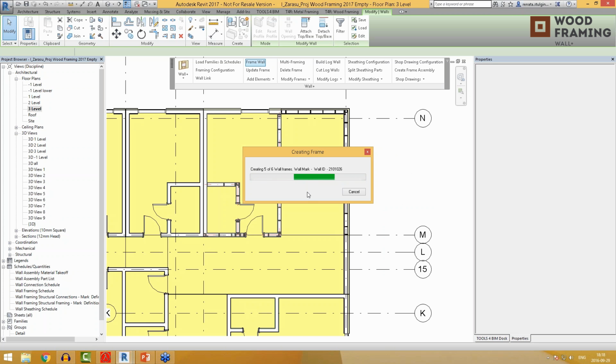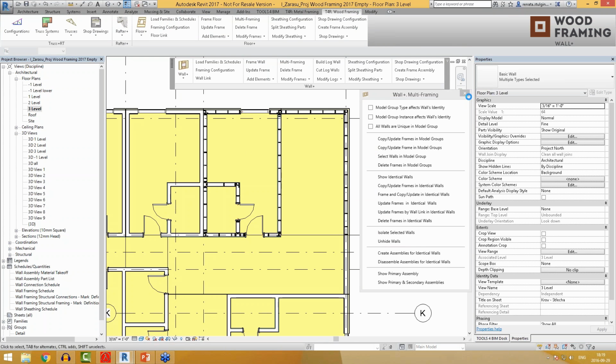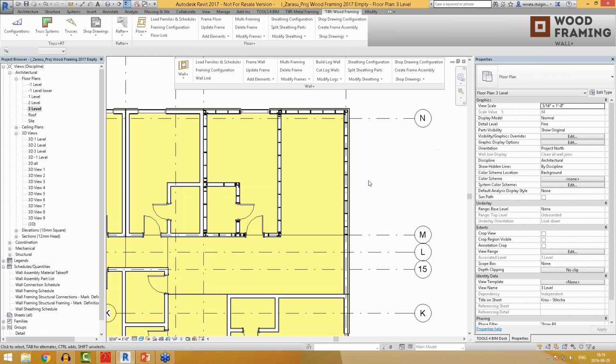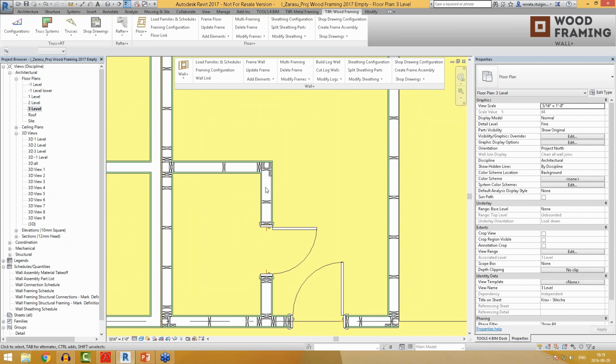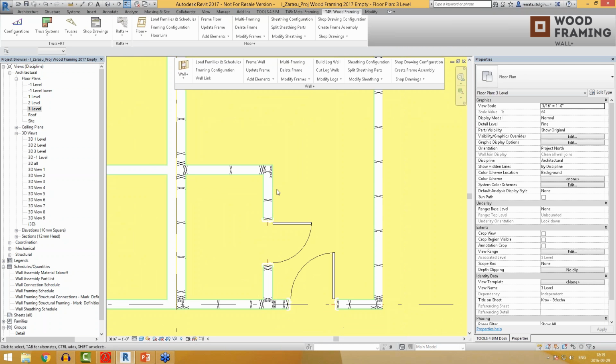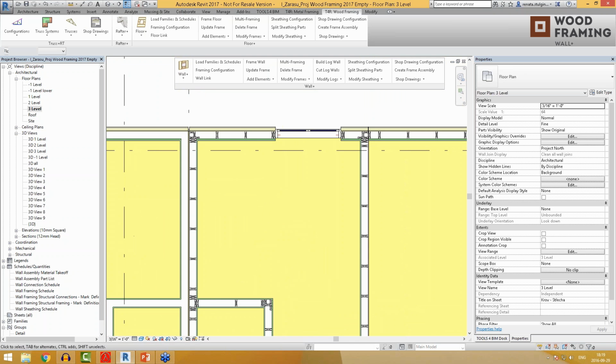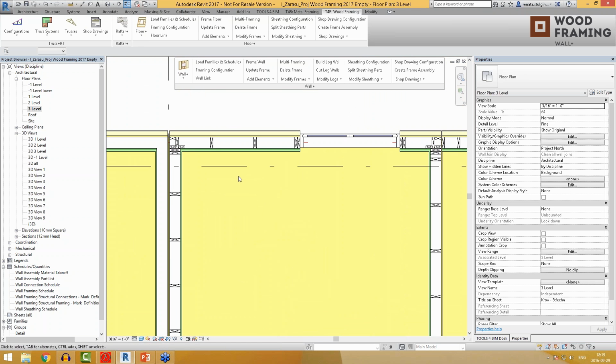Okay, so we're finishing with framing 6 walls from this group, and now we will see that every connection and every join was automatically changed according to our predefined settings. Yes, that's it, we have it. But again, we have modified the T connections and L connections, and now still, if we see that maybe